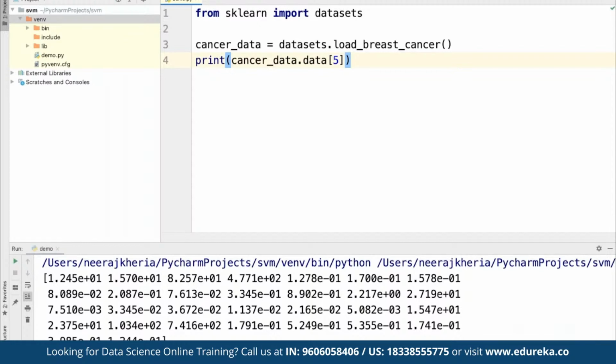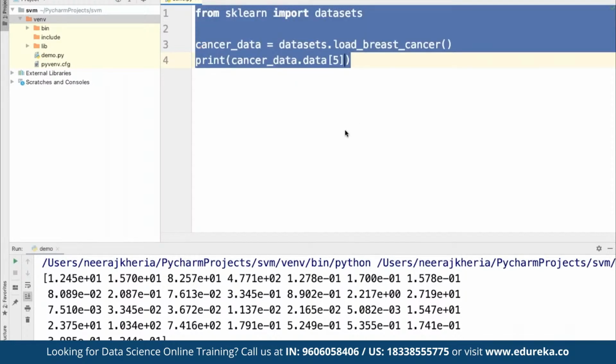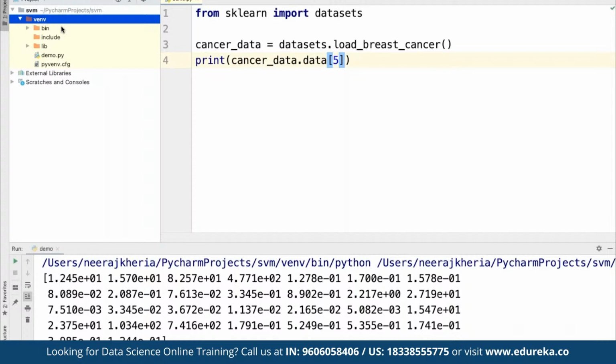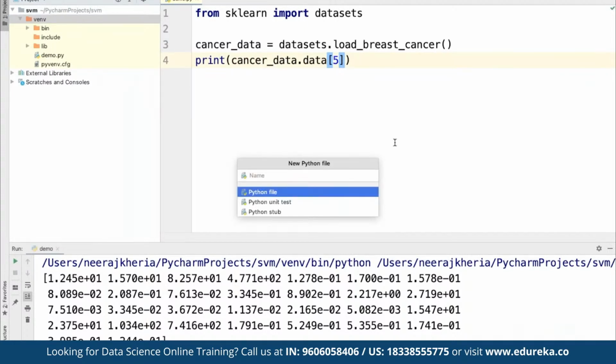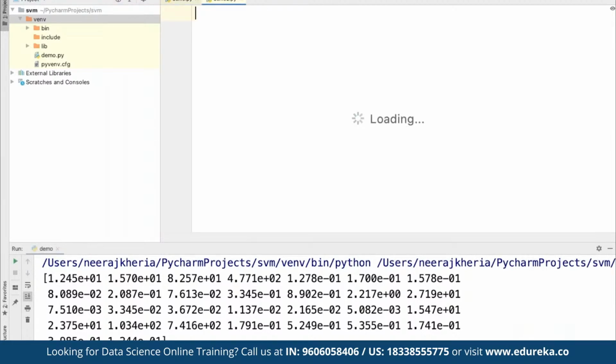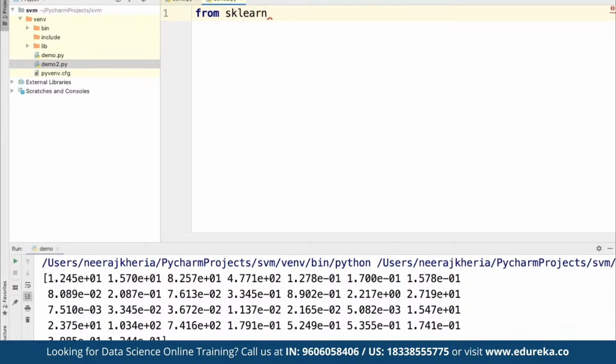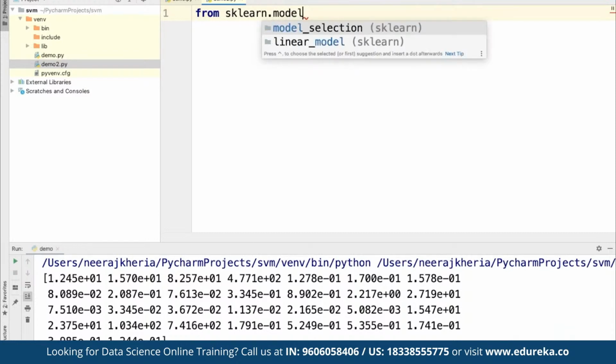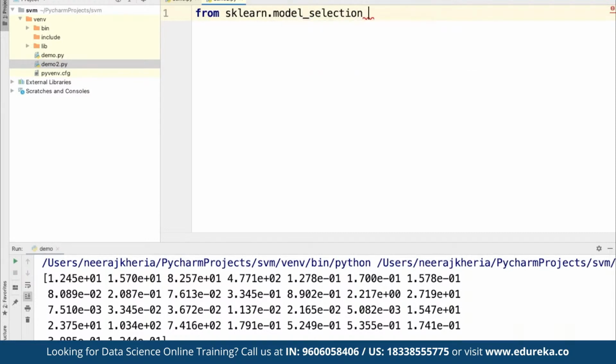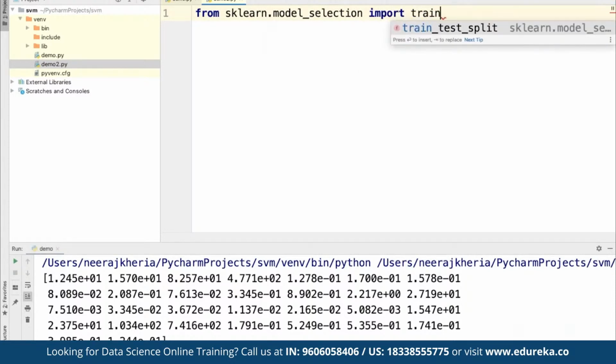Just to avoid confusion for you all, we can create a new file, let's say we call it demo2. Here we define from the sklearn library, from sklearn.model_selection, we are going to import train_test_split.